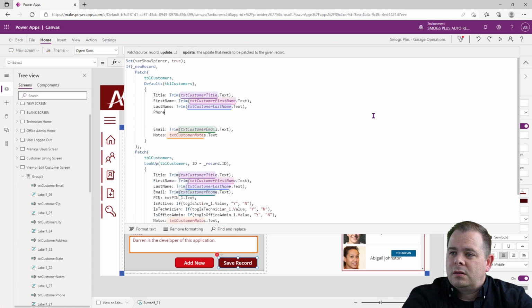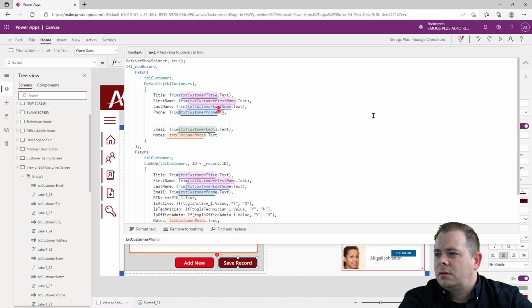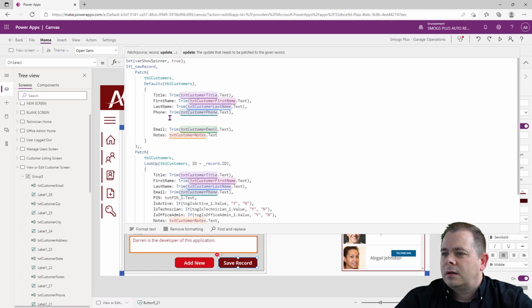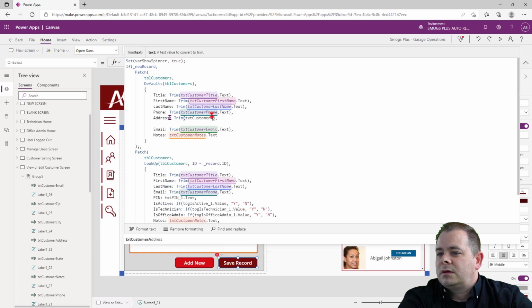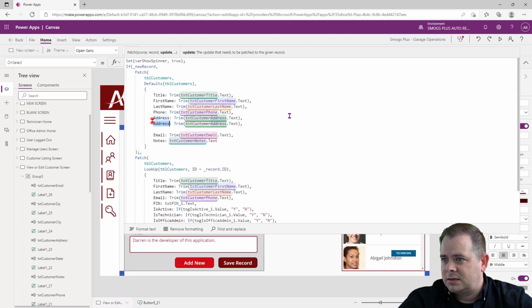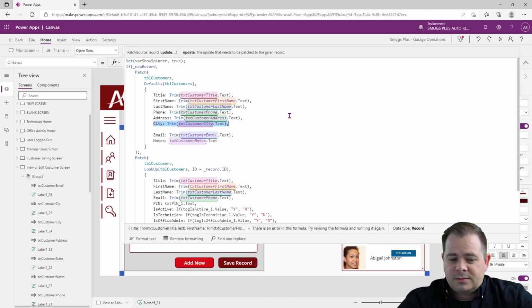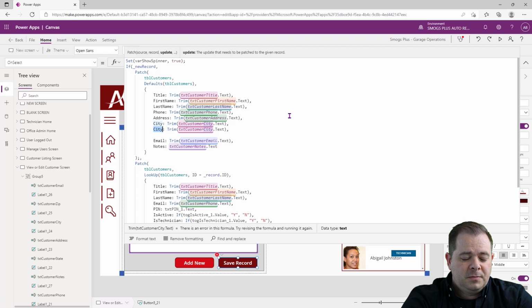Okay, so the next thing we want to do is phone number. As a phone, it's phone. I do like using trim. So say txt customer phone .text. Very good. Address, trim, txt customer address .text. And what I'm tempted to do is just copy and paste. Address, city. Sometimes copy and paste gets you in trouble though, if you don't remember to go back and change what you need to change. City,